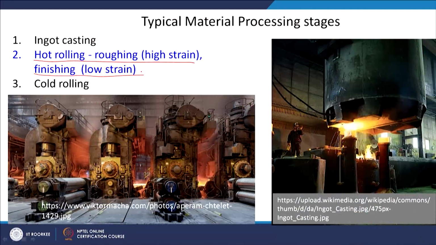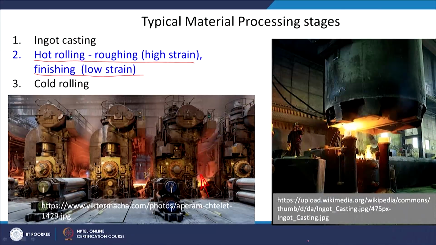And the last one, as I was telling you, can be cold rolling, and there are some pictures here just to give you an idea of the scale in which the industry works, because in the laboratory it will be a very small scale rolling mill and so on. So, these are rolling mills, and you can see that these are continuous rolls. So, the strain will be imposed in multiple stages in the material. You do not want to impose very high strain in one go.